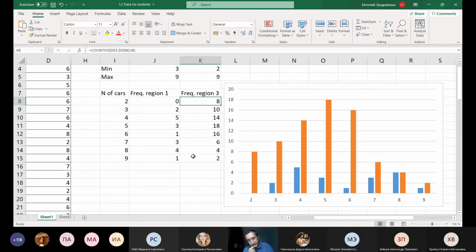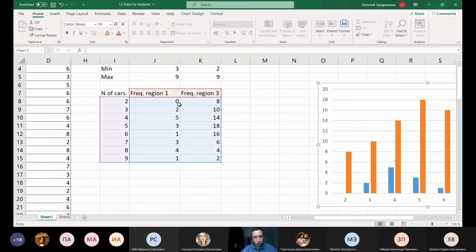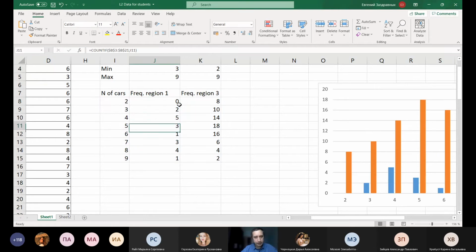Because in region 3 we have more persons, and because of that we have higher numbers here than in this column. Please remember, if you want to compare frequency distributions, you cannot rely on a simple frequency distribution. You have to rely on a relative frequency distribution. What does it mean, relative frequency distribution? It means that here we count how many salespersons we have. But in relative frequencies